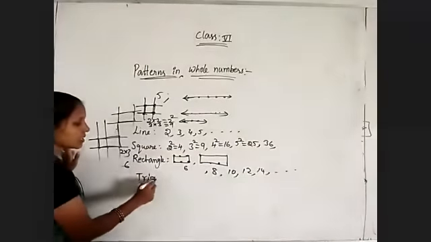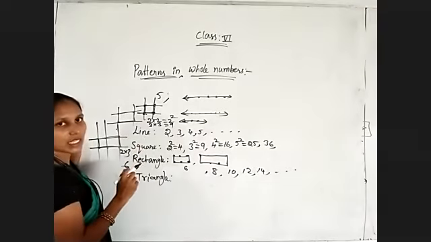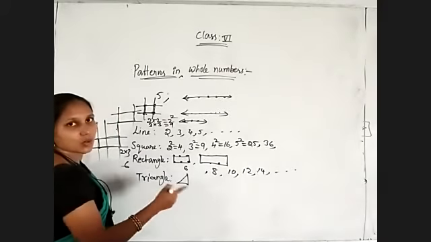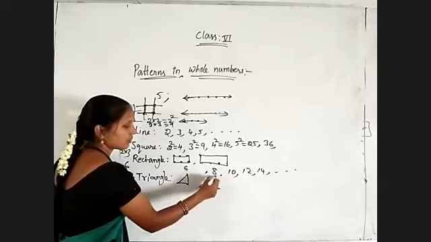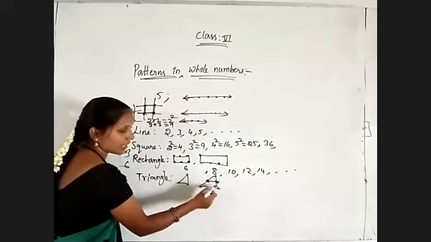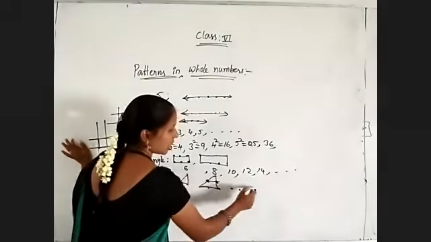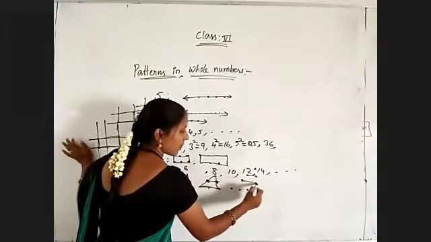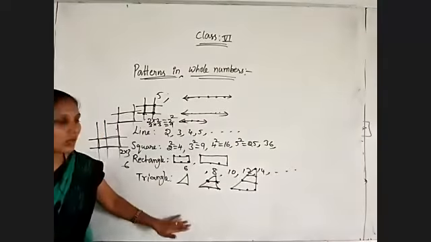The multiples of 3, because to represent a triangle at least we need 3 points. So 1, 2, 3. And next multiple of 3. 3 2s are 6. 1, 2, 3, 4, 5, 6. Equidistance we have to take. Just observe equal gap. Here 1 point I have taken like this. Now in another case 9. 1, 2, 3, 4, 5, 6, 7, 8, 9. 2, 2 gap. Observe here. Okay. Like that we need to take the values.